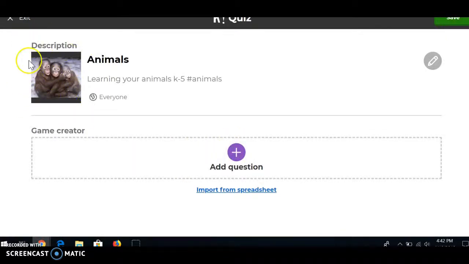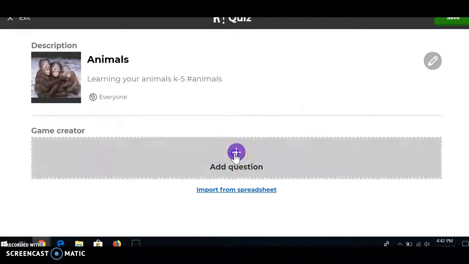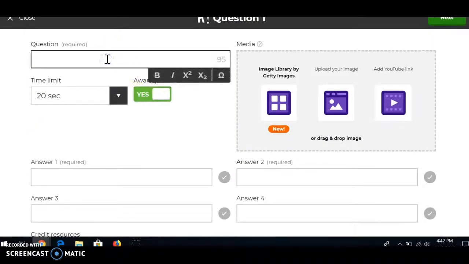So up here you can see your picture and your name and a description about it, and you can see that everyone can view it. And if you want to make a change, you just push this little pen right here for edit. So we want to go to add questions, and we'll do